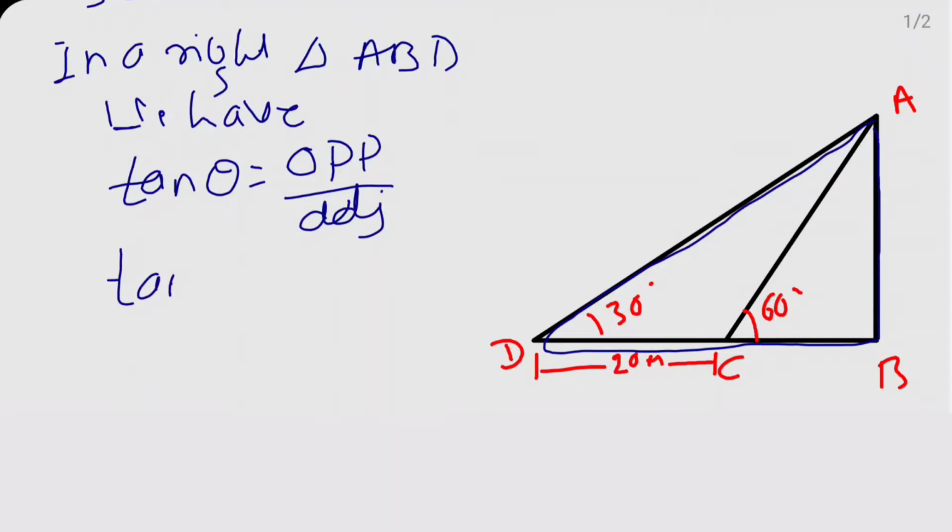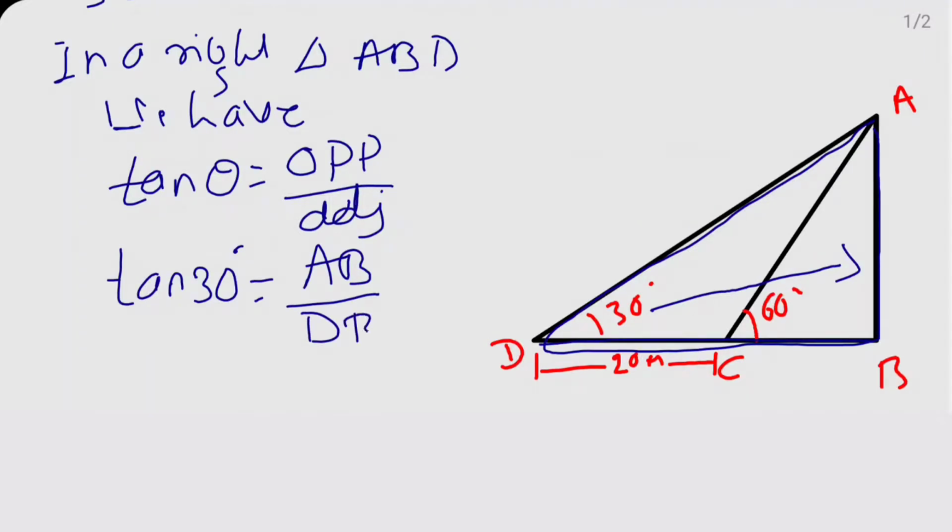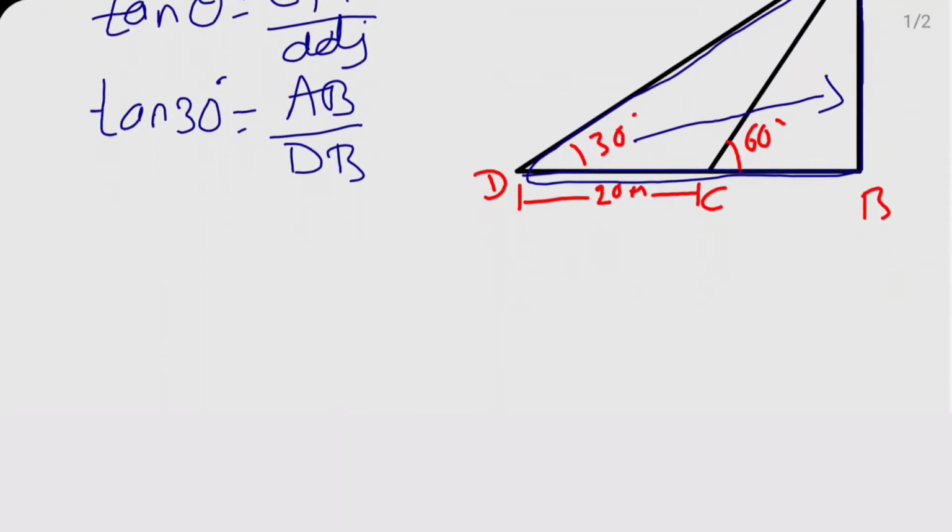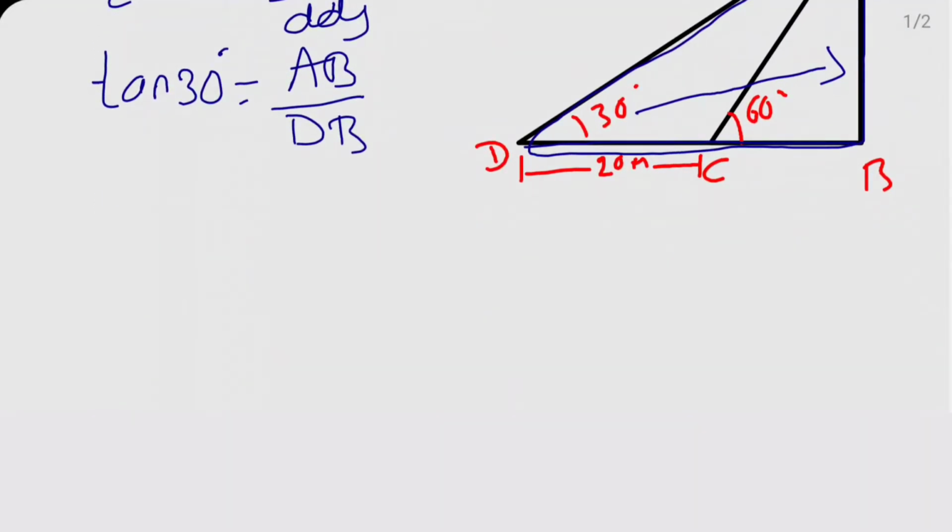Here tan 30 equal to, so for 30 degrees the opposite side is AB, by the adjacent side DB. And now we know that the tan 30 value, that is 1 by root 3, equals